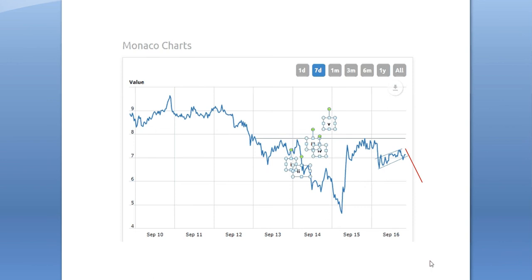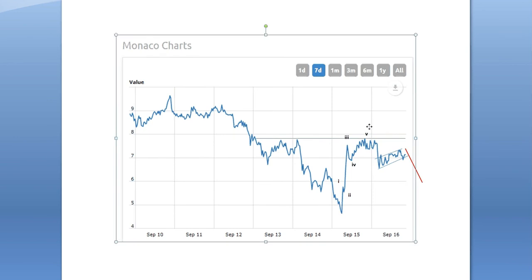There you go. I try to set up the pre-label so I don't have to do it every time and save some time. Make it a little faster. So it's 1, 2, 3, 4. I'm going to give this A, B, C, D, E. Okay, and then that will be wave 5.